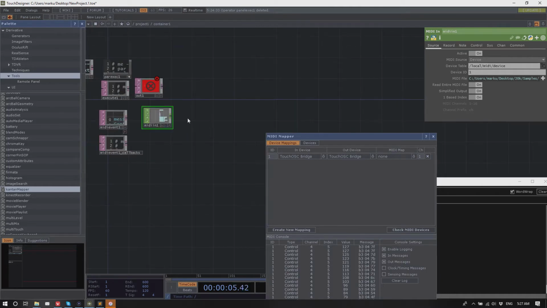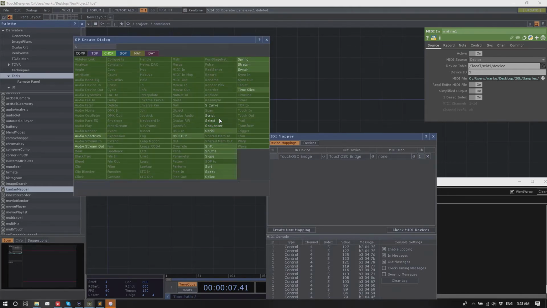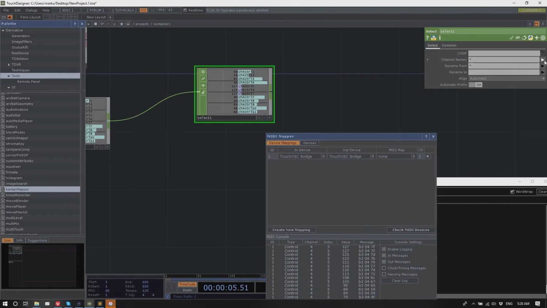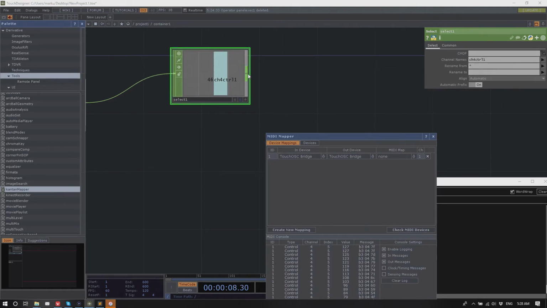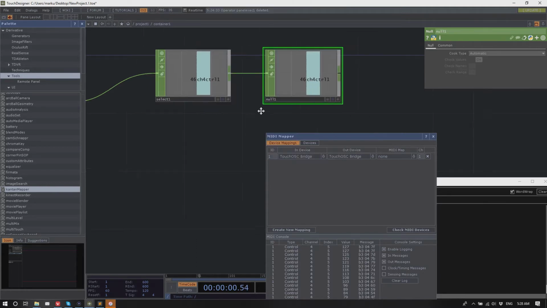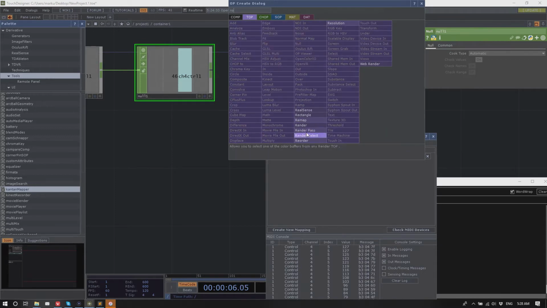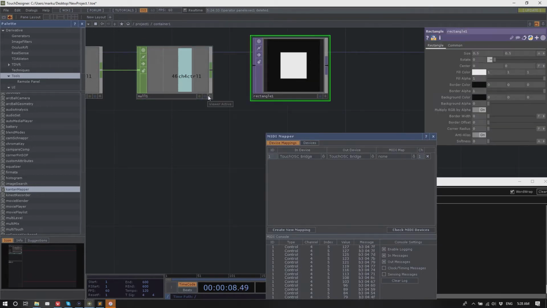From here you could take things, let's just select out and control here and export it onto the rectangle size in pixels. So you basically can control anything quickly with MIDI.